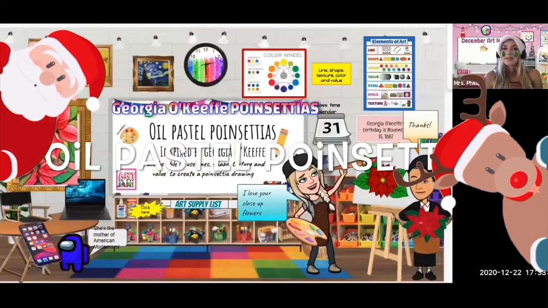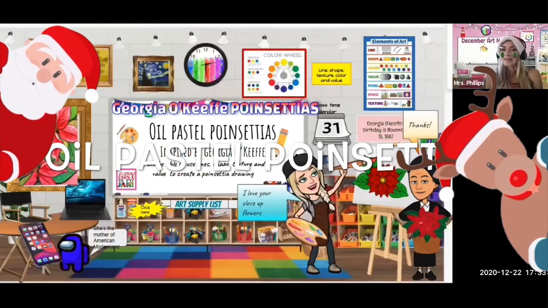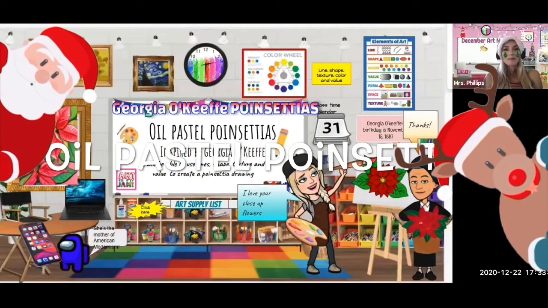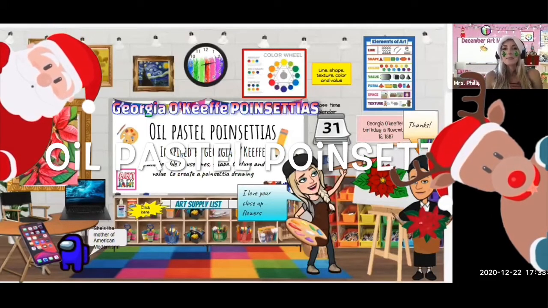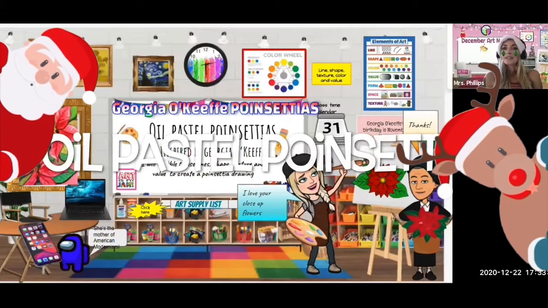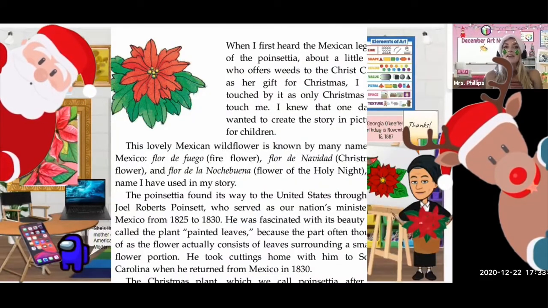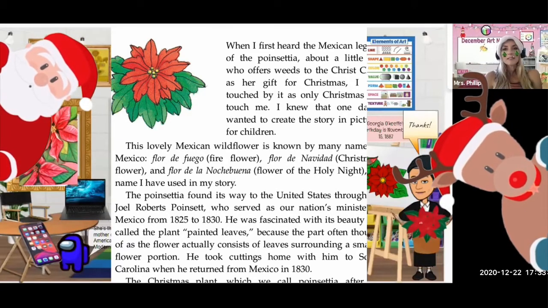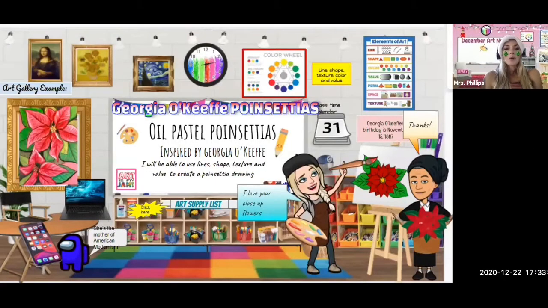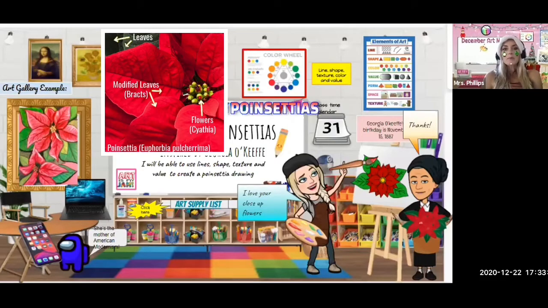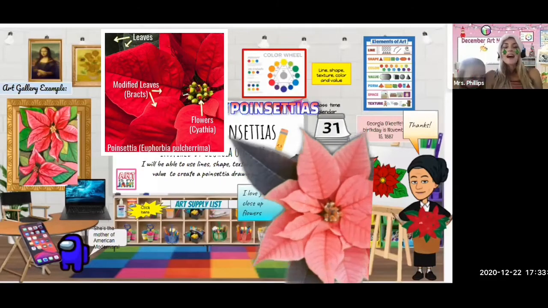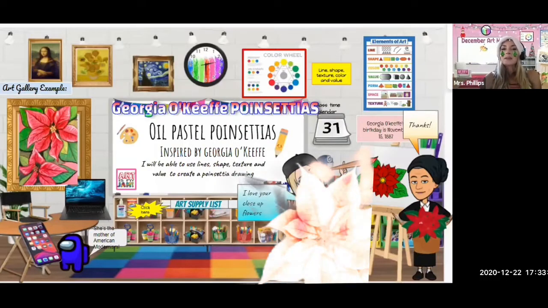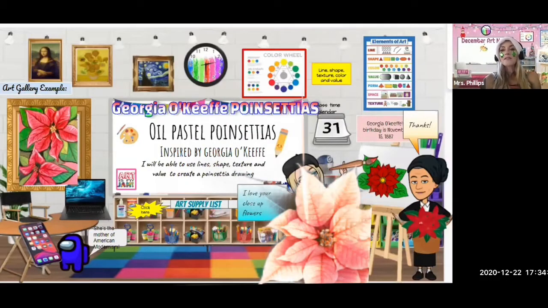It is beginning to look a lot like Christmas in the art room. And if there's one thing that reminds me of Christmas, it is a very special flower called the poinsettia. There's no doubt you've seen these amazing Christmas flowers in the stores or anywhere you go where people decorate for the holidays. So today's art lesson, we're not only going to get to learn how to draw our very own